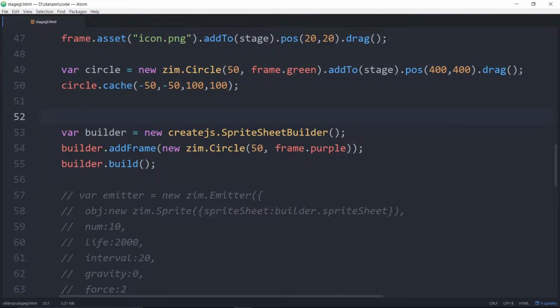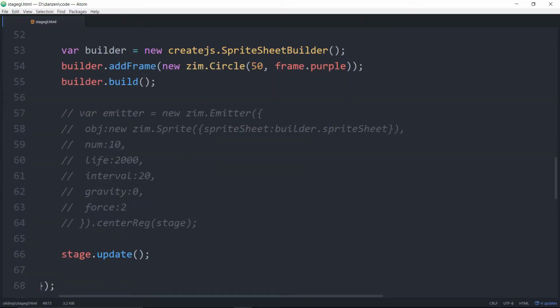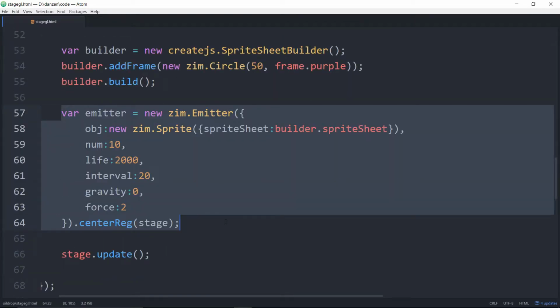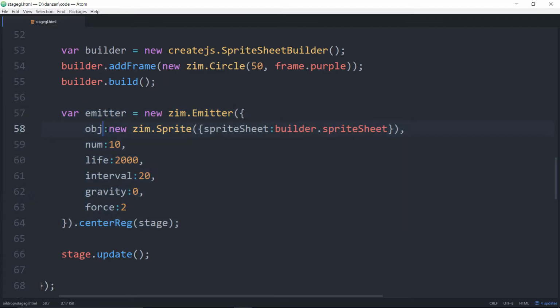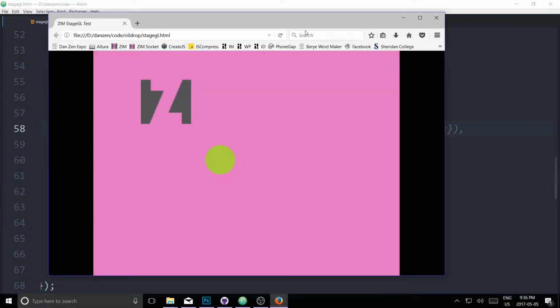So these things are bitmaps. Okay, now when it comes to emitting a circle, what we could do is take this circle right here. I'll take off the drag from it. We'll take that circle, we'll turn back on the emitter. We could emit the circle like so, comma. So we'll just ignore this other stuff for now. We're going to emit the circle. And when we refresh that,